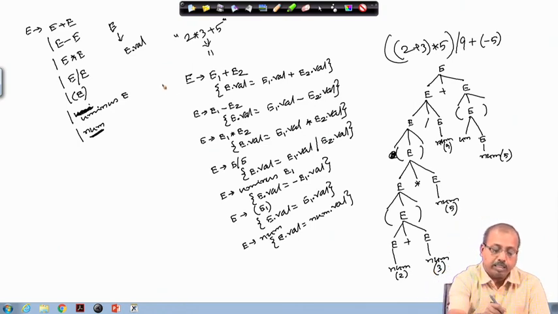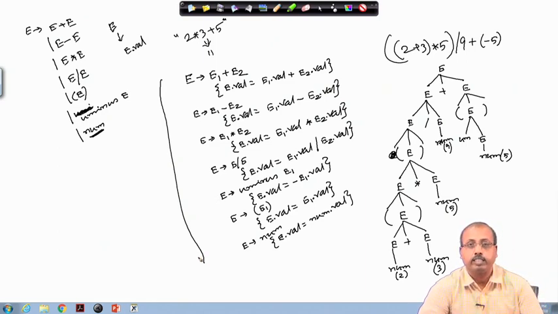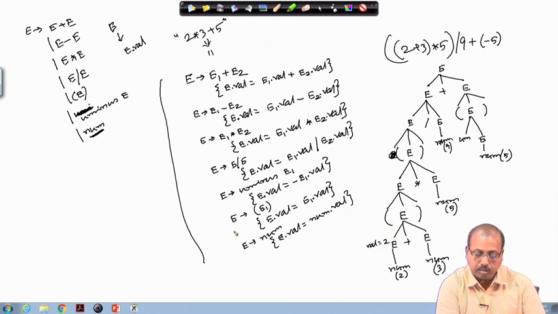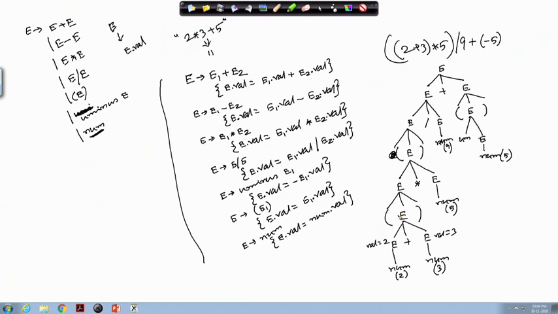Now, these syntax directed translation rules are applied when we are doing the reductions. When the shift reduce parser does the reduction, it will first do this reduction. As a result the corresponding val attribute will be equal to 2 by this rule, E dot val equal to num dot val. So, this val equal to 2, and this val will become equal to 3. Now, this will do the addition E1 dot val plus E2 dot val, so this value will become equal to 5, fine.